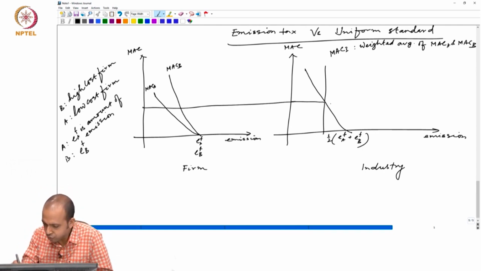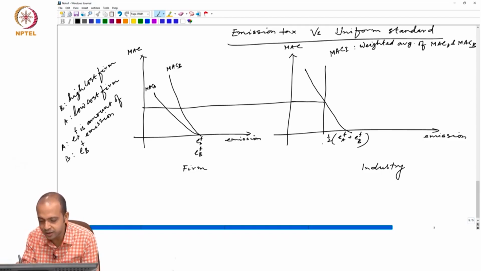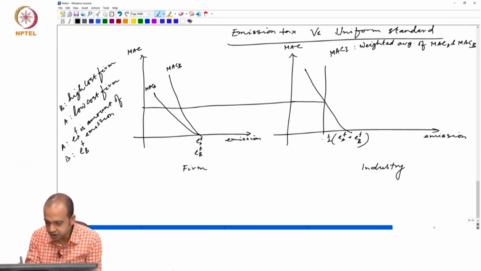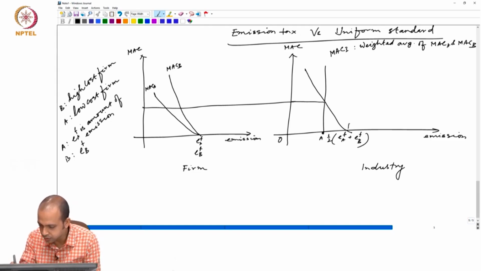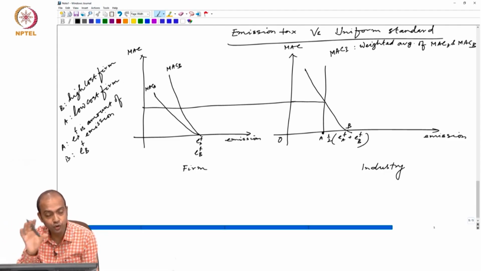So, this is the amount the regulator wants: half of EFA and half of EFB is the total amount of pollution that the regulator wants to reduce. All right, so this is the amount OA. Let us say this is O, let us say this is A, let us say this is B. So, half of EFA and half of EFB is the total amount of pollution reduction for both the firms at